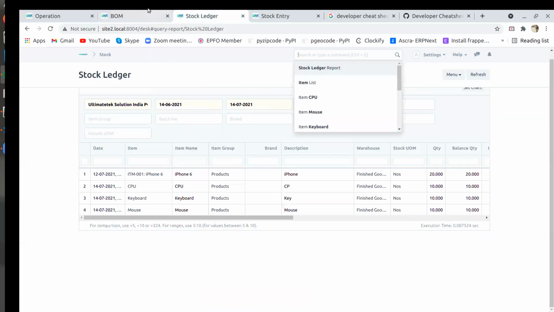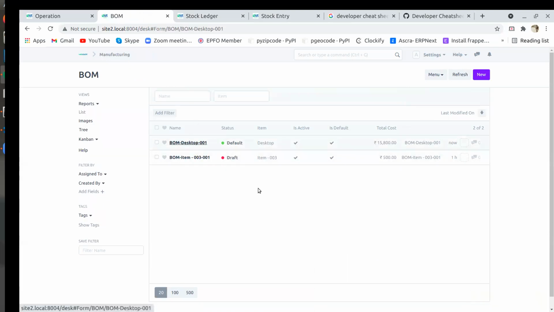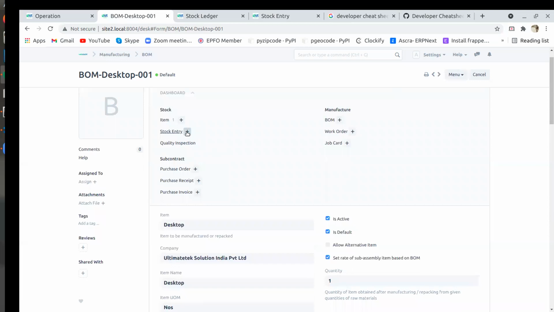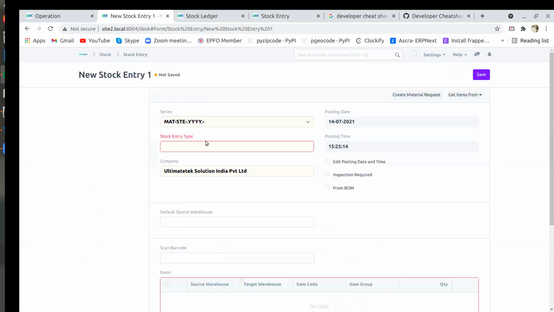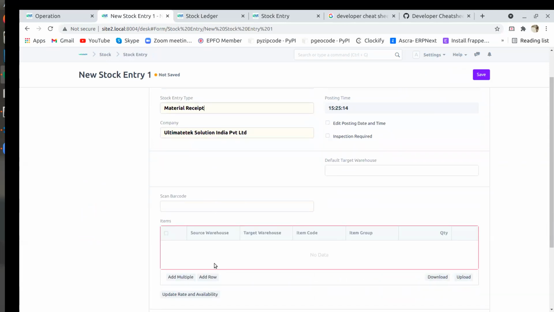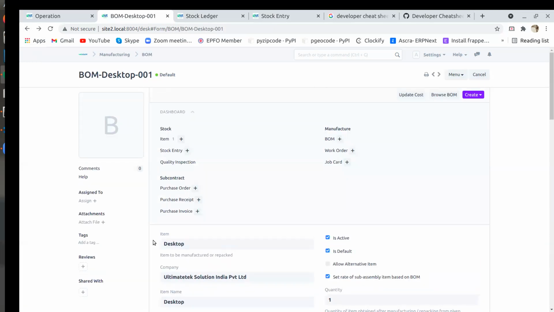Maybe as per what they were looking for, they will directly create a stock entry instead of creating work orders. These are separate options for manufacturing, but they don't want to involve this process. So we can directly create a stock entry for that bill of material. If you make a stock entry, it will minus all the sub items. No, sorry. You have to go through a process only. Then maybe we have to follow the work order and job creation.